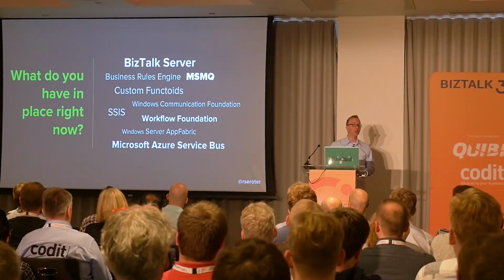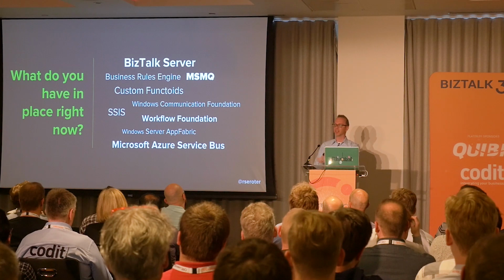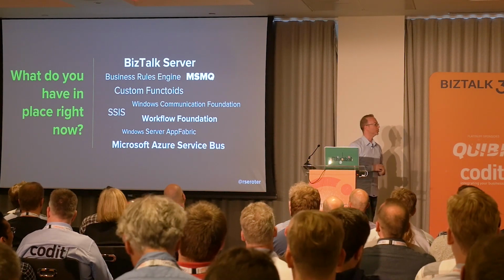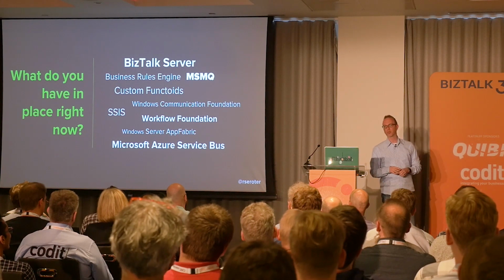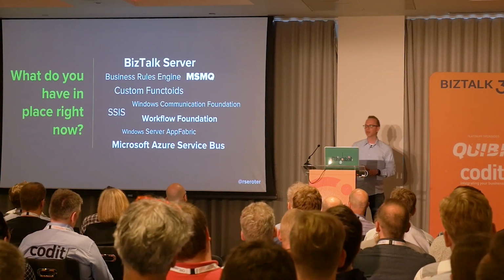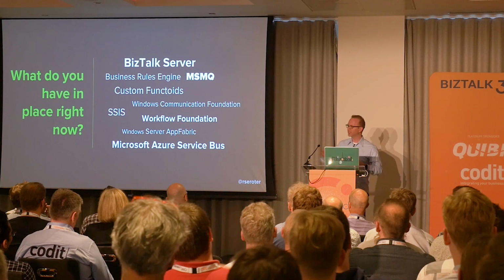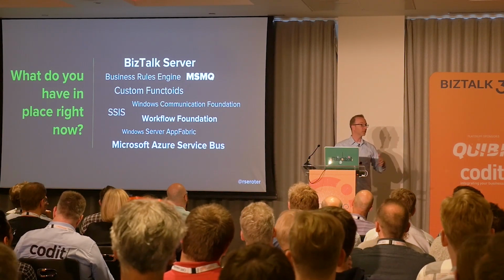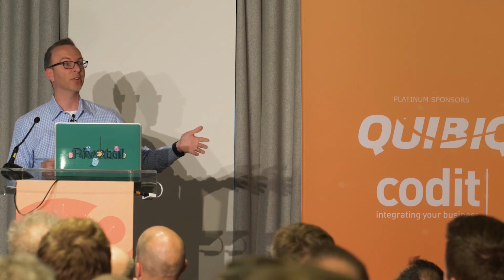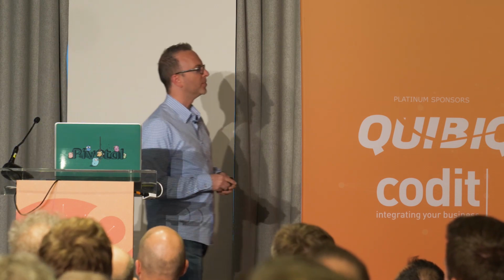It's really easy if you were a company formed last week to just be all serverless and cloud native and everything's magical and unicorns, but that's not your life. You're dealing with weird custom functoids and workflows and Windows Server App Fabric and BizTalk 2011 or whatever, and that's fine, that's your life, that's normal. Nowadays we're not supposed to say legacy apps, you're supposed to say heritage, which is nicer, because legacy is a bad way to say it, I guess.